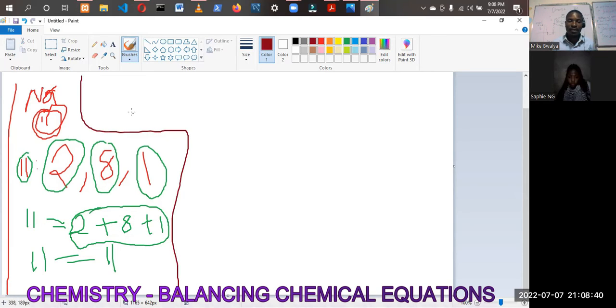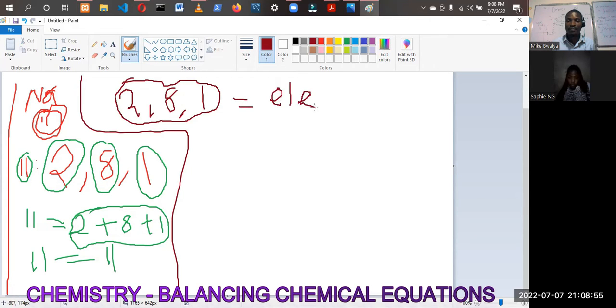When we talk about these numbers, 2, 8, 1, all these are what we call electrons. So the first electrons is that 2, followed by 8, followed by 1,